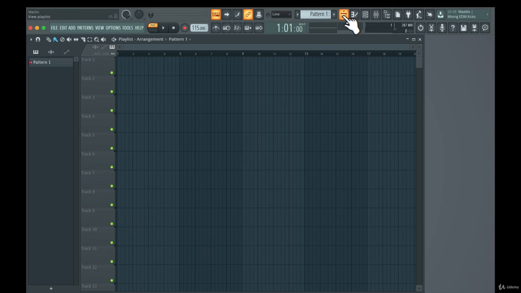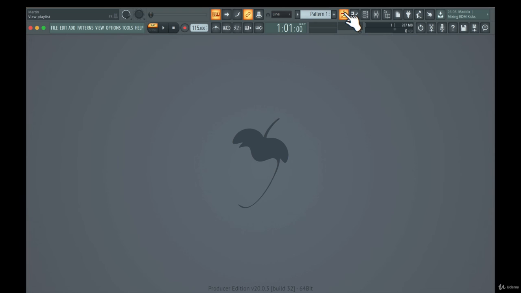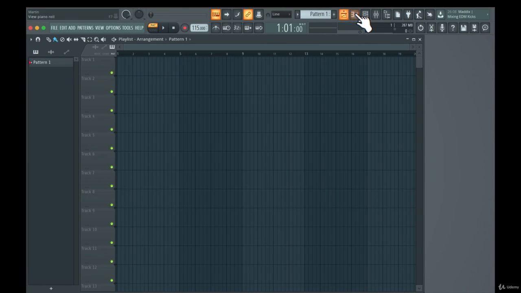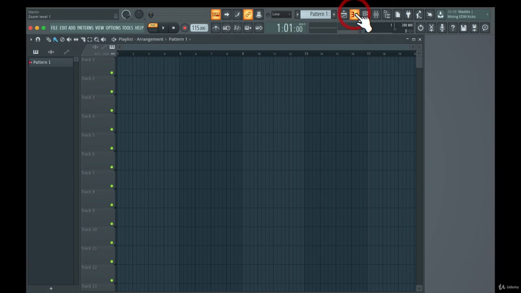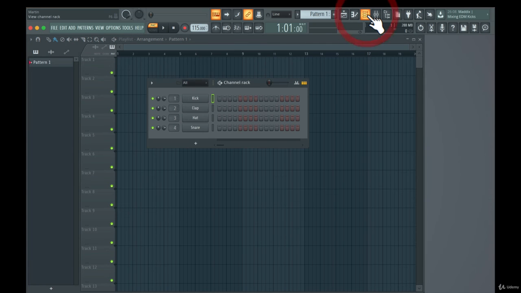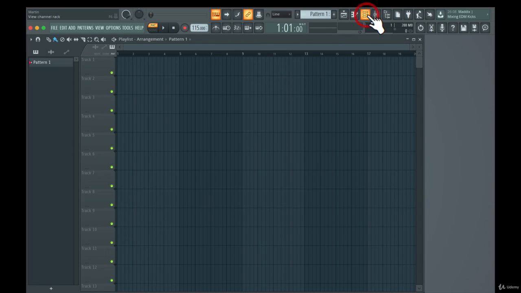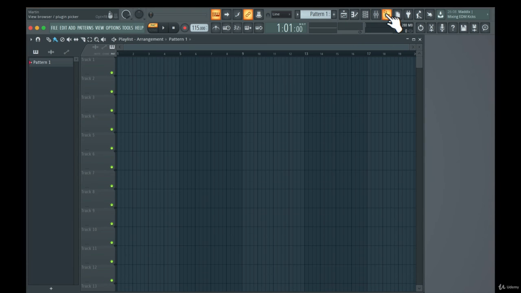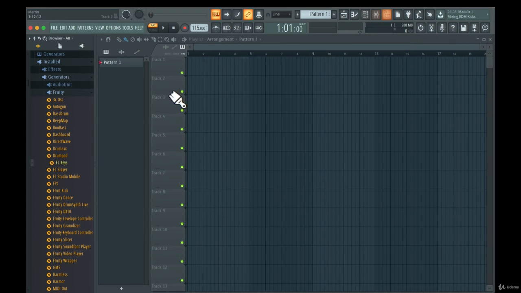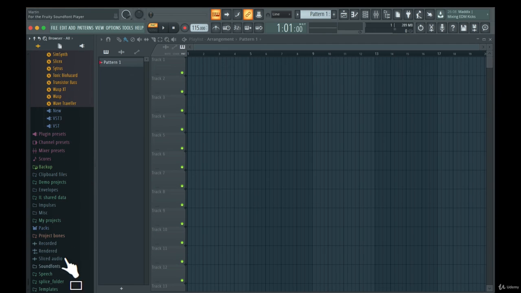Now let's take a look at all of these buttons here. So the first one is the view playlist. This is the playlist which is going to have an arrangement in. And you can also enable or disable it by just clicking and clicking it again. Then you have next one, piano roll. So you enable and disable the piano roll here. Then you have the channel rack. Just enable and disable it. Mixer, like that. Browser and plugin picker. So you have all of your sounds